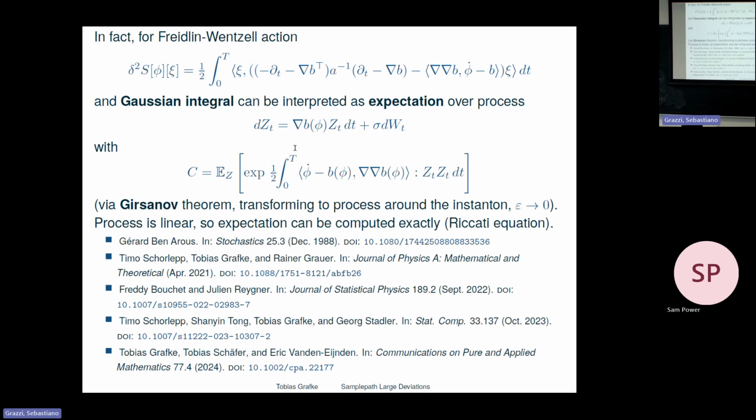So you can look at papers, but since the process is linear and this is an expectation of e to the something that's square, the resulting equation is a Riccati equation that you need to solve. So this is the expectation of this as it gets deformed by the fluctuation dynamics around the instanton. And it's not another PDE, but another ODE, now a matrix evolution equation, because it gives you something like the covariance matrix of the fluctuations around the instanton at all times. So you don't need to sample even in this case. You can just write down another equation, some kind of second order instanton equation if you want, that tells you what are the most likely fluctuations around the instanton, the ones that survive.